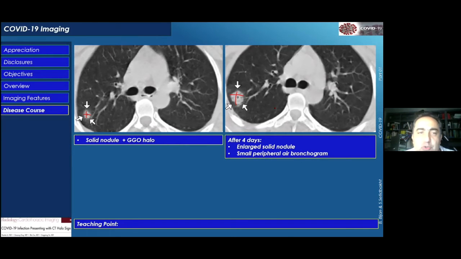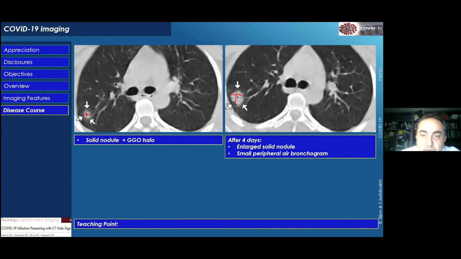So if something is growing twice of this size, volume-wise, let's say in 100 days or 200 days, then you can label this thing possible cancer. But if the lesion is doubling up in a matter of a week, not too many cancers would be able to do that, and probably cancer should not be on your list of differential diagnoses for those nodules. And this is an example. This turned out to be a COVID disease, and this patient had